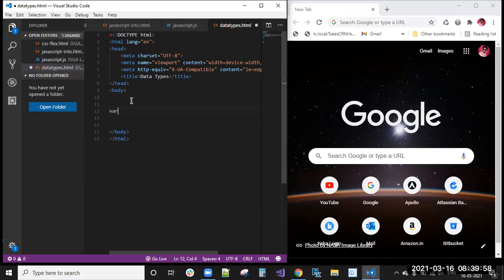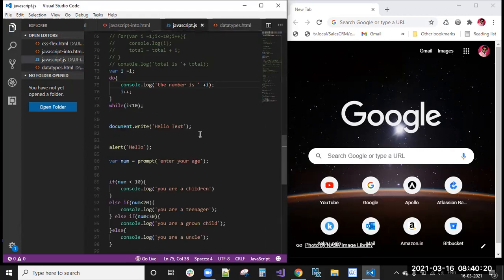If you are declaring any value where x equal to something in a single quote or double quote, these we can keep in the script section, or we can include a JavaScript file.